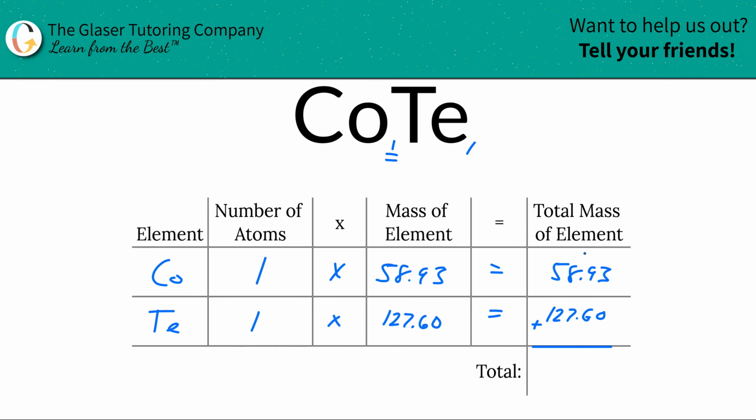And then adding this column together, we'll find now the total mass of the entire compound, right? So when we do that, we come up with a total of about 186.53. Since we're solving for molar mass, the units here are in grams per mole. Now you know how to find the molar